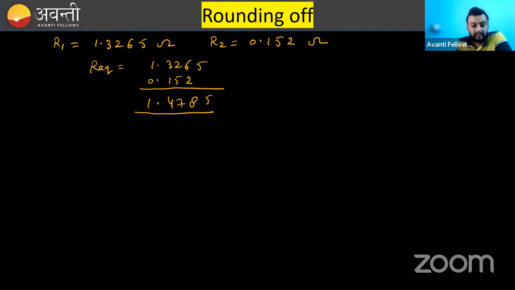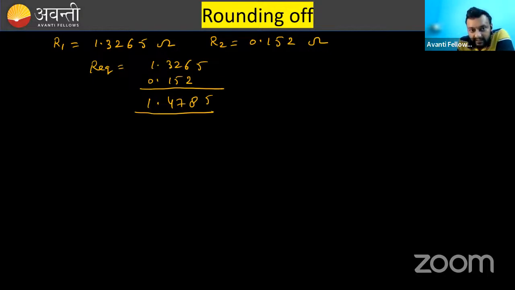Now the question is, how should we write this result? Okay, someone has answered, I think. Chichuni is saying 1.478 ohm. Okay. Now the thing is,